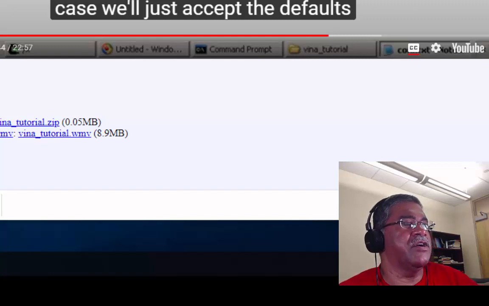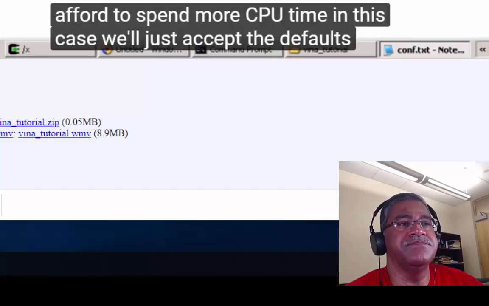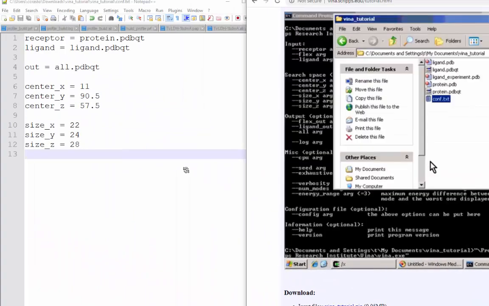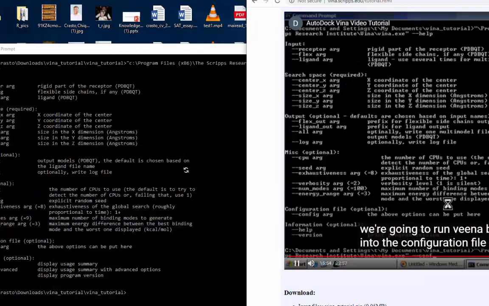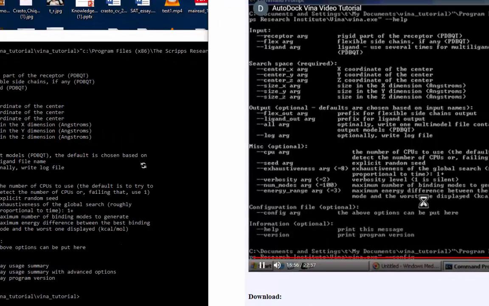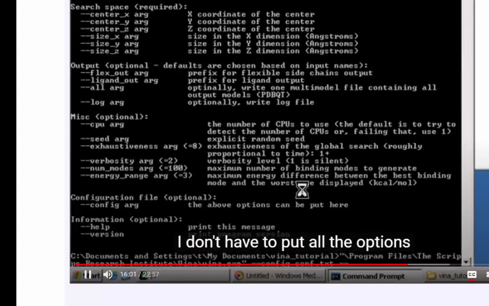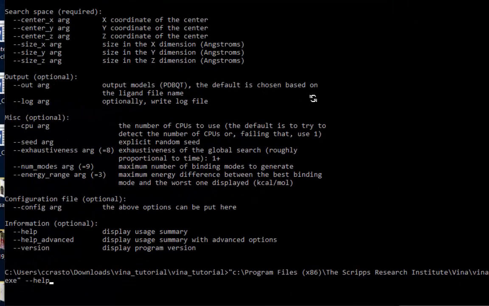Okay, and so what we're going to do now is, because this is all the information we have, we're going to save it. That's what he's going to do. I'm going to run Vina by providing the configuration file name. Okay, so now he's running Vina. And again, I don't have to put all the options in the configuration. So let's do the same command again. But we're not doing help. We're doing config